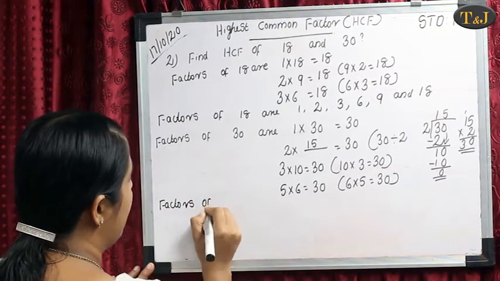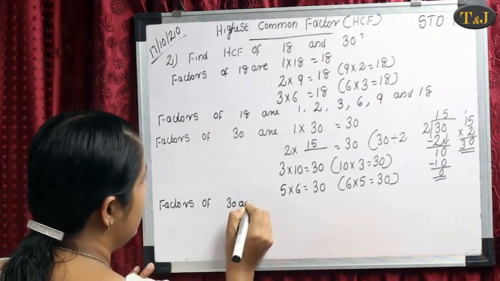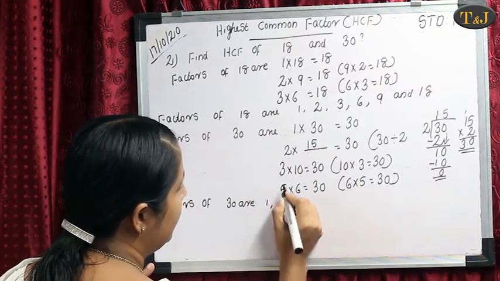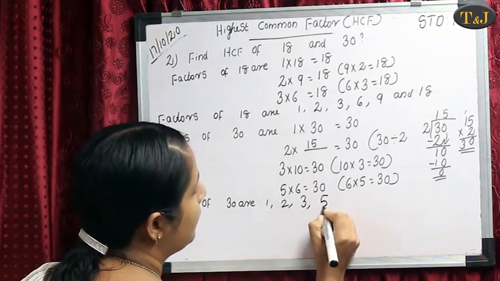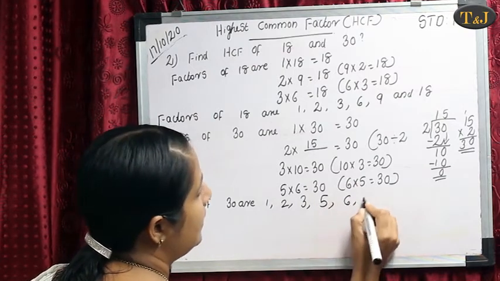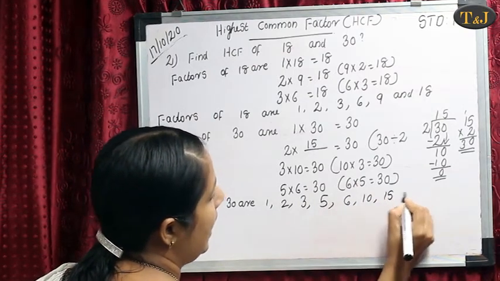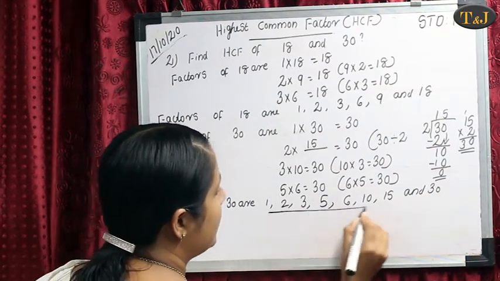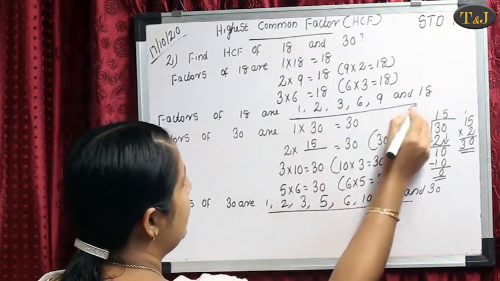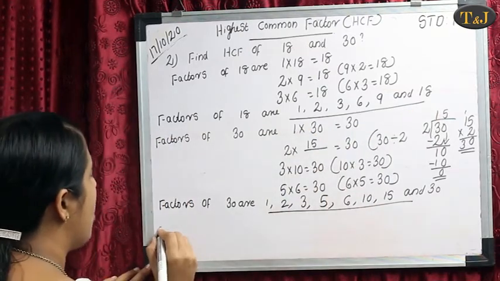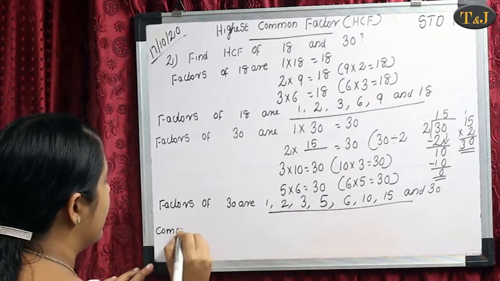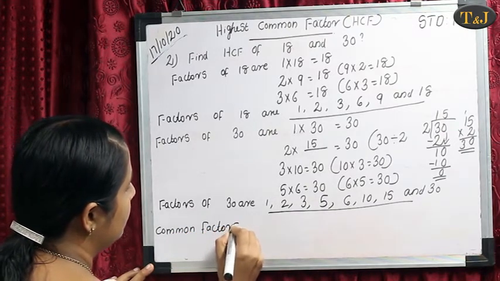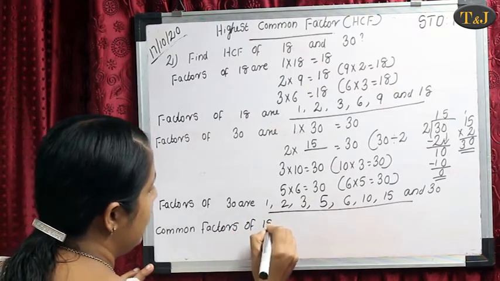Okay. Then the factors of 30 are, which are the factors of 30? 1, 2, 3, 5, then 6, 10, 15 and 30. Okay, these are the factors of 30 and these are the factors of 18. Then next we find out the common factors of those two numbers. Common factors of 18 and 30 are,